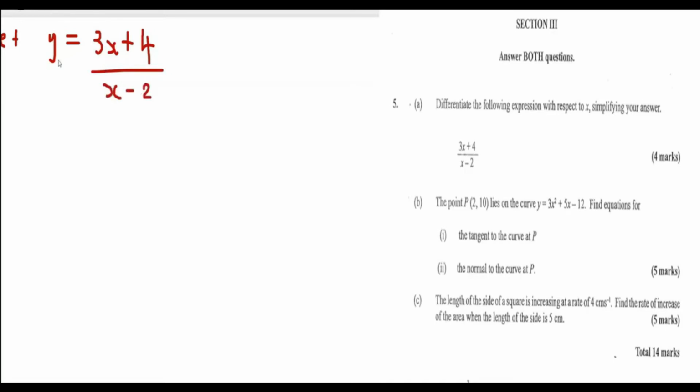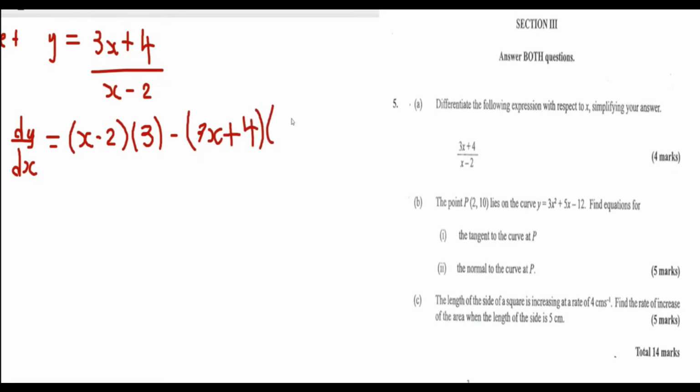Now that I call it y, and I'm supposed to differentiate it, you're going to have to use the quotient rule. So dy by dx: the quotient rule tells us to start with the bottom, so it's x minus 2, times the differential of the top, which is 3, minus the top times the differential of the bottom, which is 1, all